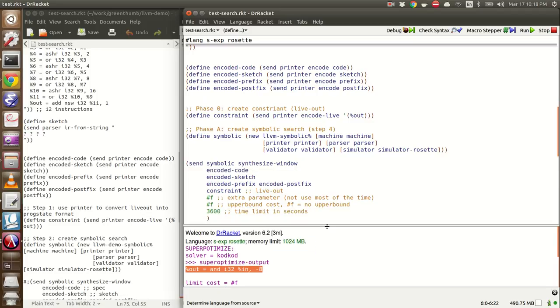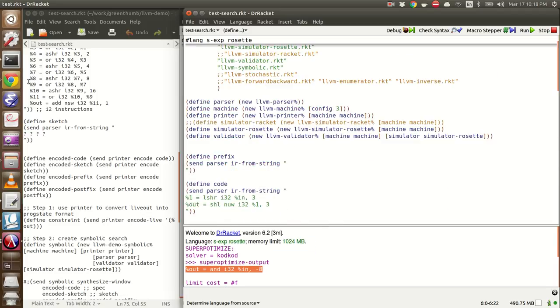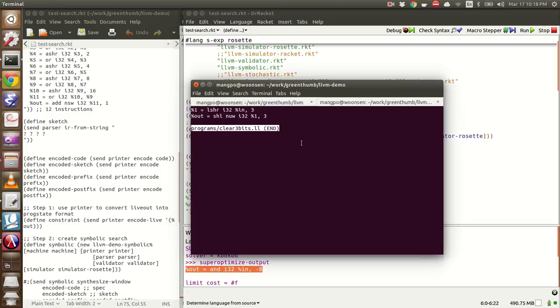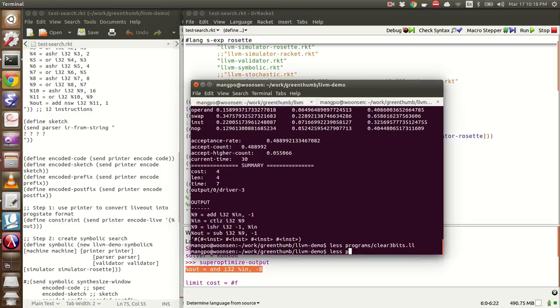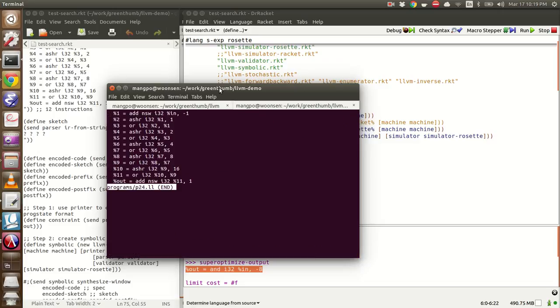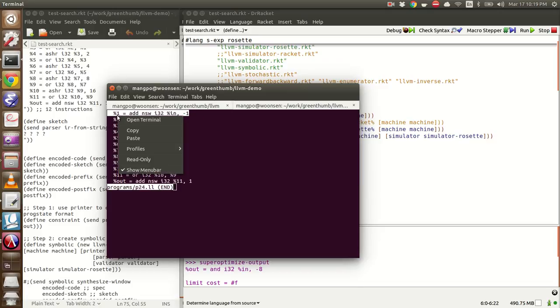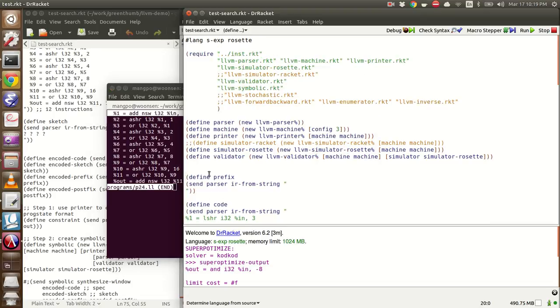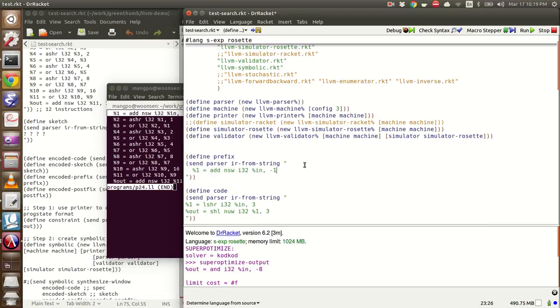Awesome. Now we can try to optimize the bigger program that we optimized earlier in the demo. However, I know that the symbolic search is actually quite slow, so it wouldn't be able to optimize that program in time by the end of the demo. So instead, I'm going to cheat a little bit. I noticed that the output program of the optimization we did earlier has the same first and last instruction as the input program. So I can tell this information to the superoptimizer by saying that, alright, I'm going to fix